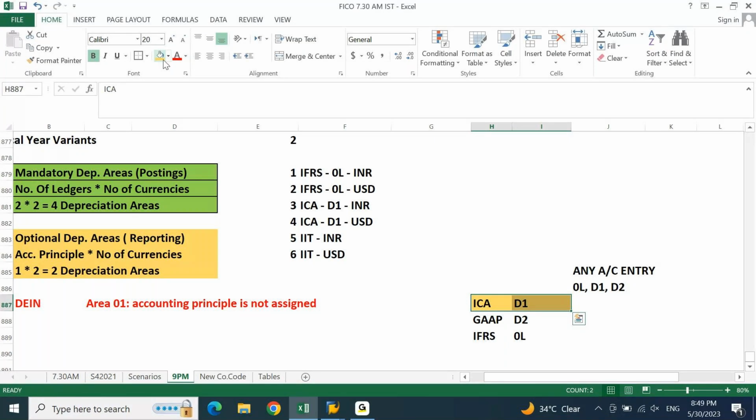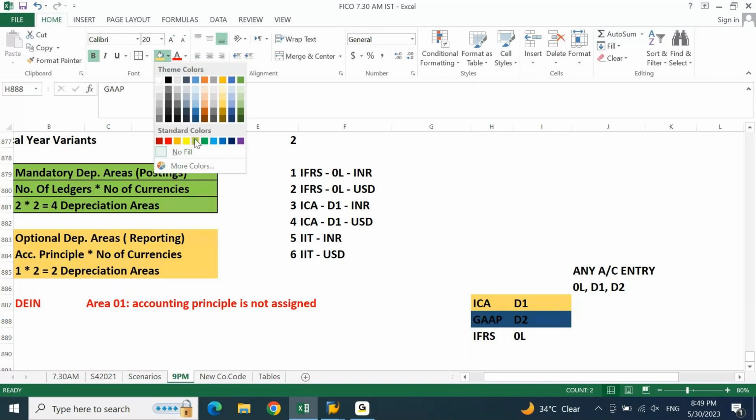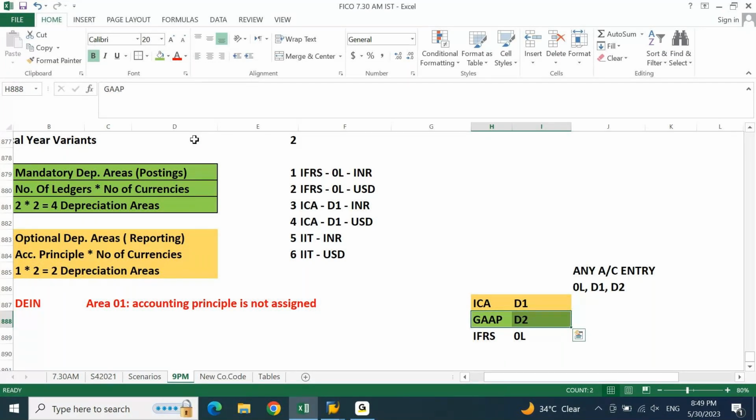Similarly, you may get a requirement to pass an adjustment entry according to US GAAP only. Valid entry, valid requirement. Yes, sir. Now there may be another requirement to pass an entry according to IFRS only in the IFRS ledger. Valid requirement. So this is a group level, na? Yeah, group level. But you may get an entry requirement to meet any of the group reporting or local reporting, any other specific reporting perspective.